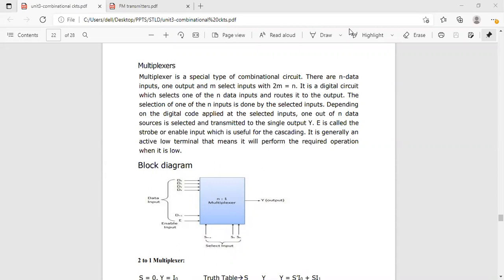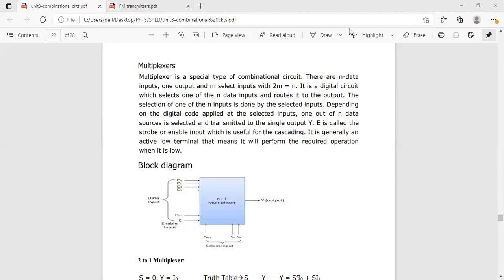In previous classes, what we discussed about decoders and encoders: we know that a decoder has n inputs and 2 power n output combinations. For the decoder, binary data is the input and it will produce the output decimal numbers. It also performs the reverse operation of the encoder. In an encoder, decimal numbers are the inputs, and for the given decimal numbers we get the corresponding binary code. For the encoder, we have 2 power n input lines and n output combinations.